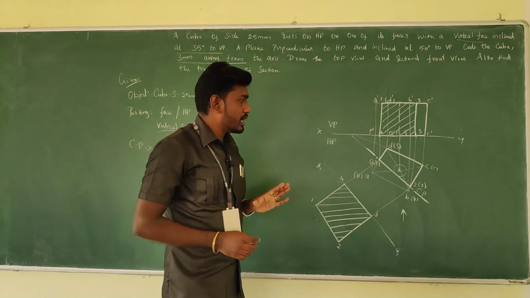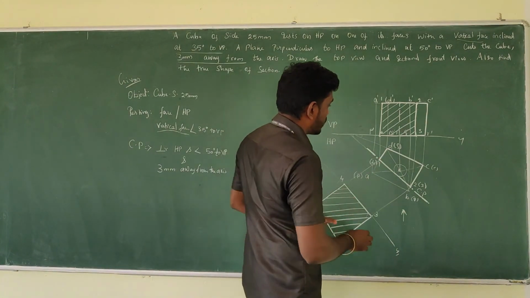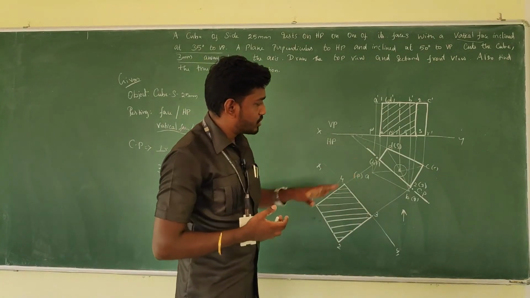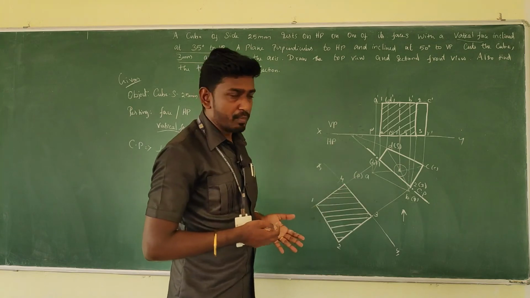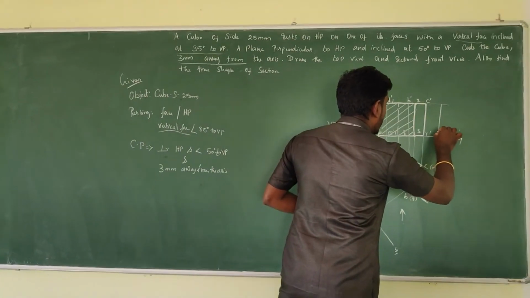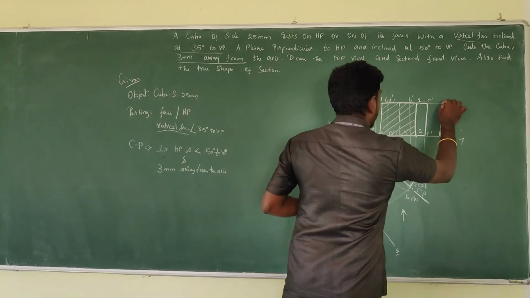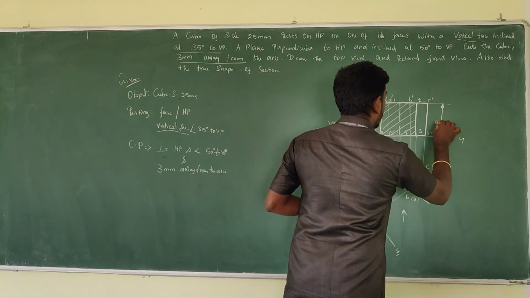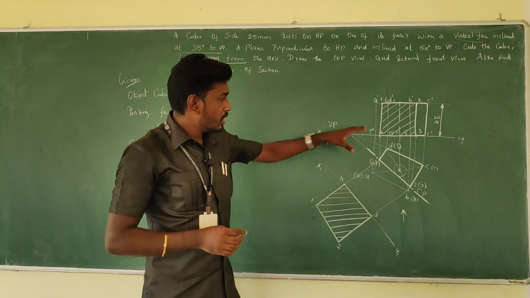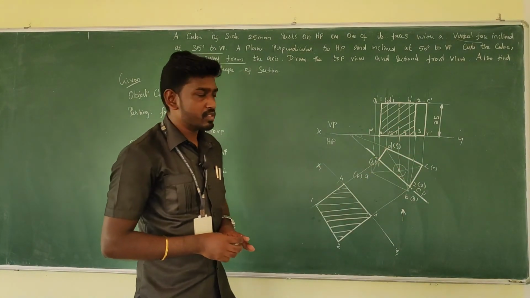Okay, after that you can show the measurements. Here all the faces are visible. If you mark everything, it will be complex to identify the profile. So since all the faces are visible, I am going to mark the 25 mm side in the front view. So here I am going to note 25. It shows this as well, it's a cube, so the base is also 25 mm side.